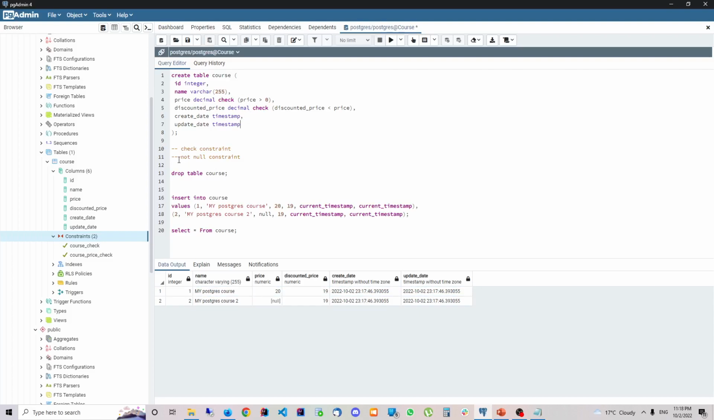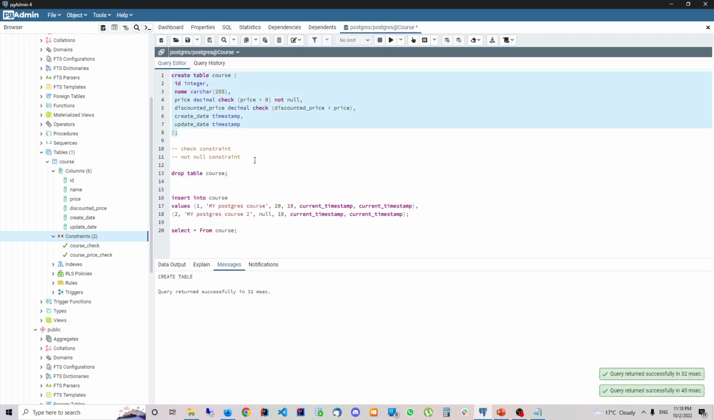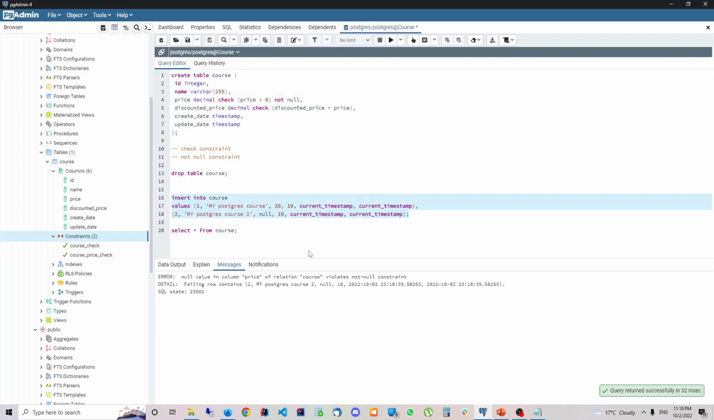So for this there is the not null constraint, which is basically like this, not null. I just put it here, and let me drop this table and create it again. And now let me try to insert this, and you can see it violates this not null constraint. Now if I type here refresh,